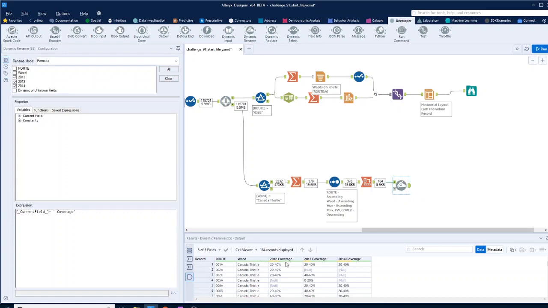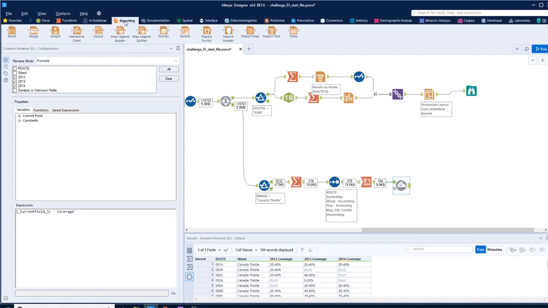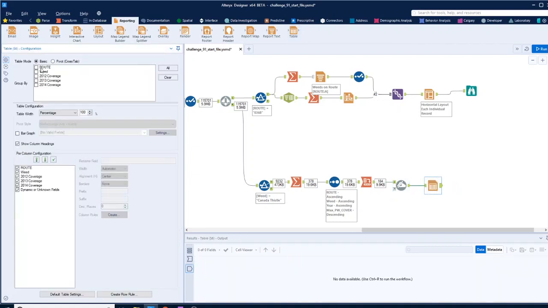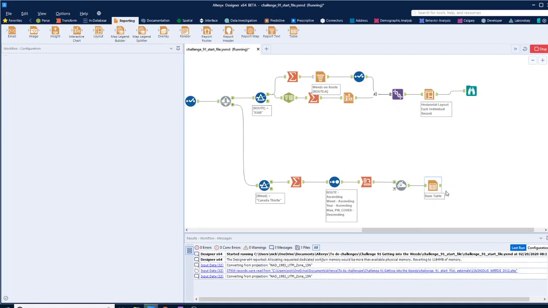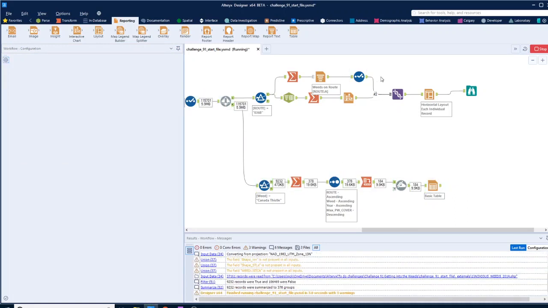Okay, that should then run that, give us the right titles. Yep, so we've got coverage, and now we can build a table. So if we go back to the reporting, there we are, we can build a table. We don't need the weed in there, but that's basically the table that we want. I don't think we need to do anything other than that. But we do need to create a title for it in a similar way that we did for this. So if we bring in a summarize,